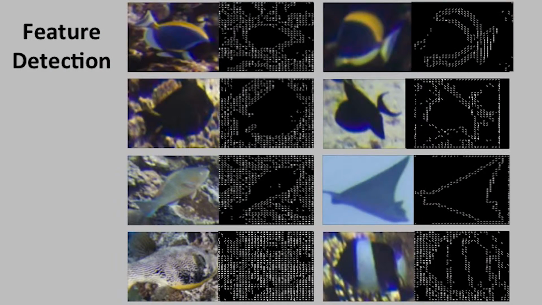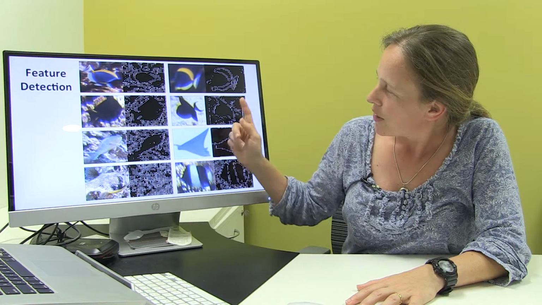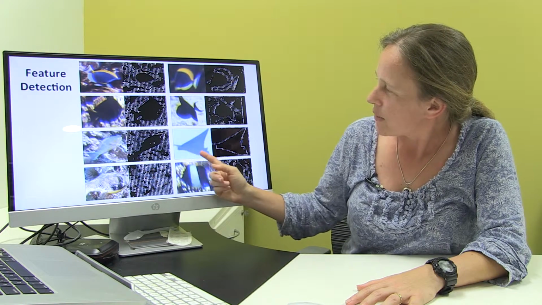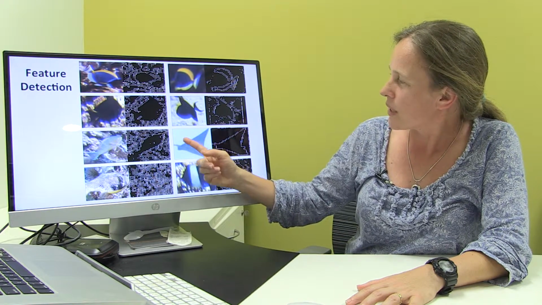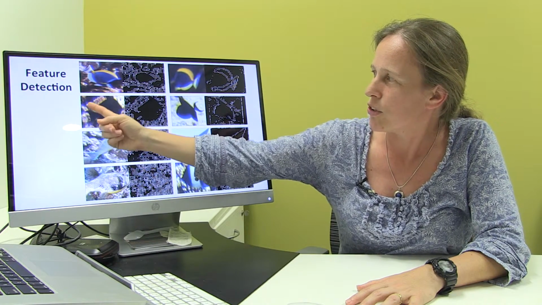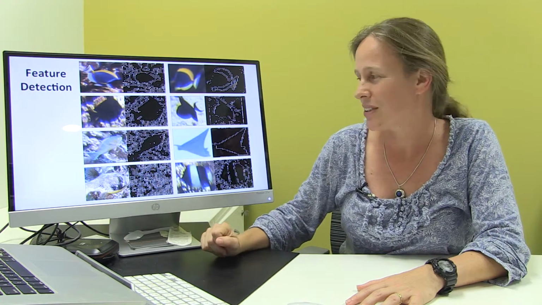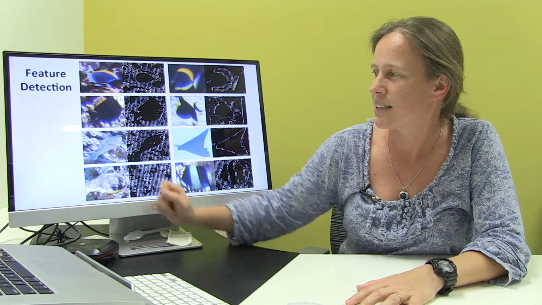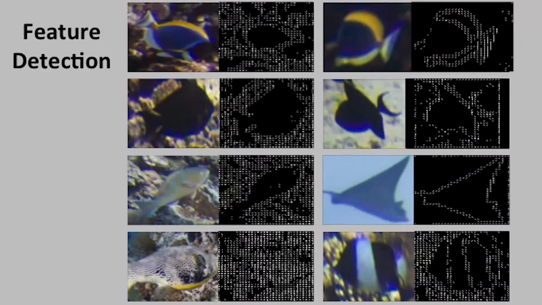Here's what the fish look like from the computer's point of view. Here you can see how uniformly colored fish, such as this triggerfish or this eagle ray, show up really well against a uniformly colored background. So you can see the outline here, you can see its shape really well. You can also see that this uniformly colored fish shows up really nicely against a non-uniform background. It gets more interesting when you have a patterned fish, so a non-uniformly colored fish seen against a non-uniformly colored background. It makes it much harder for the machine to pick it up. I guess this is the principle of camouflage demonstrated here.